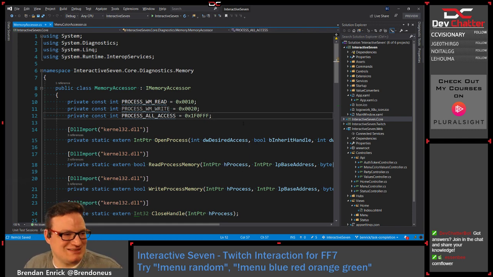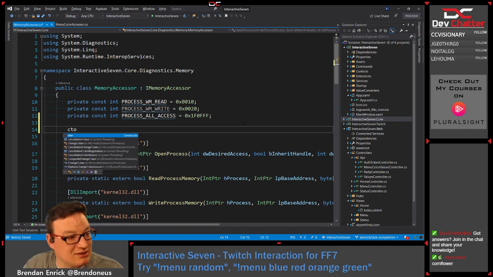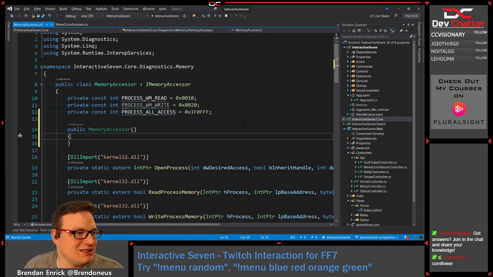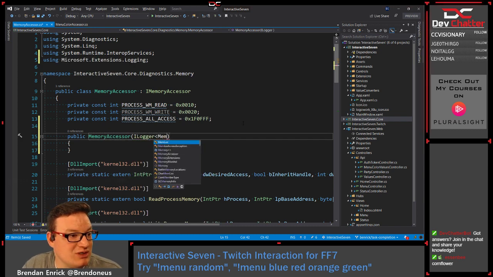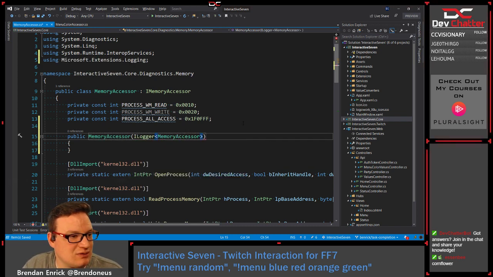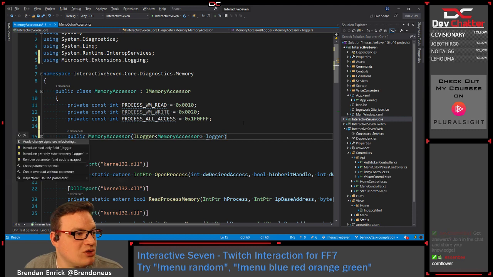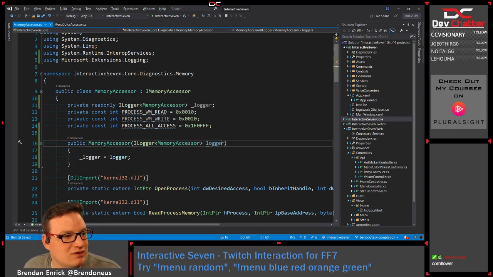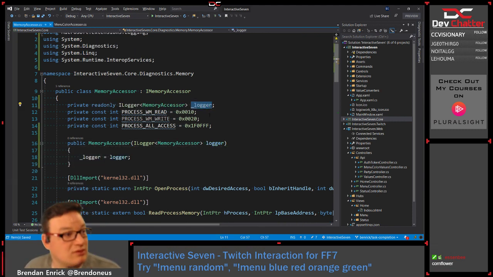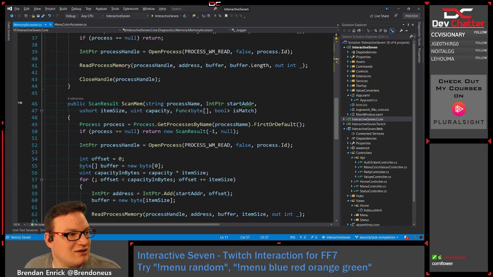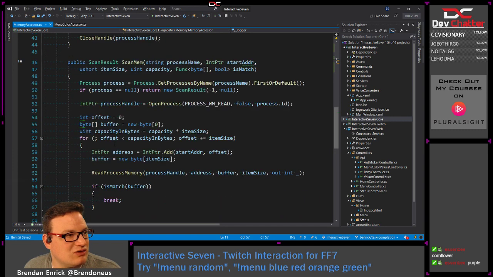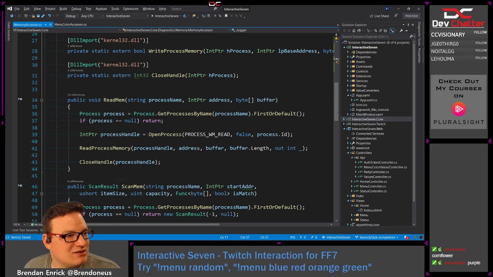Let's try that, because we should get a little bit more error handling in here. So ILogger of type MemoryAccessor. Memory, let's just say logger, instead of something like memlogger. So there's the logger. Fix the usings, and I think if we just wrap each public method, because, okay, so